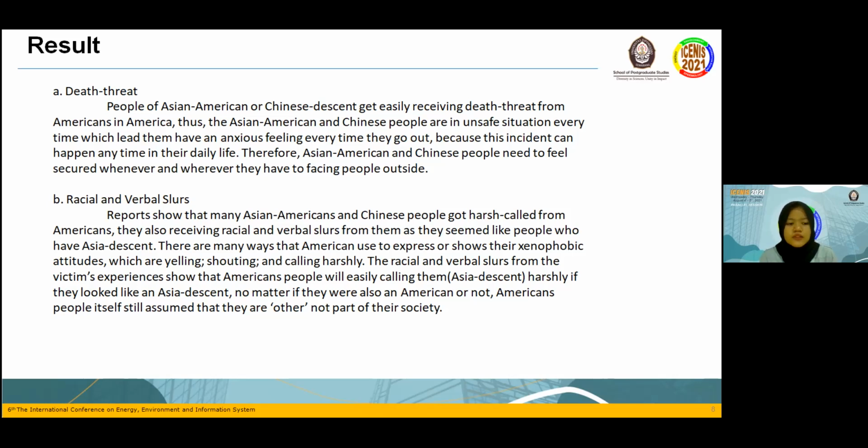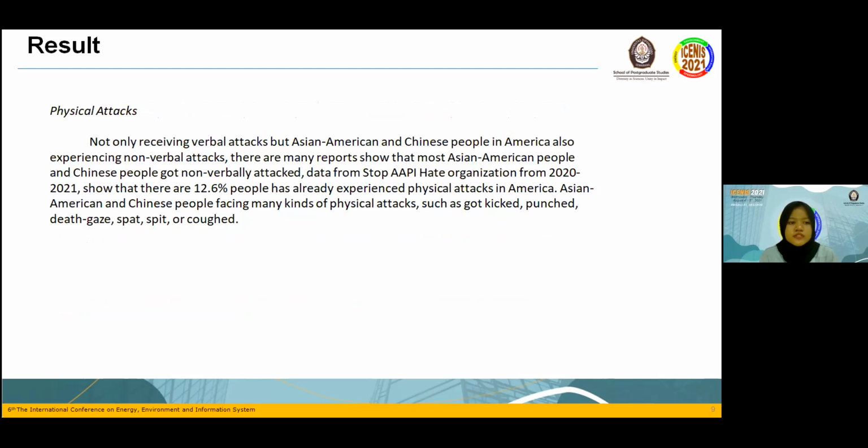Americans themselves still assume that they are other, or not part of their society. And then there are physical attacks. Not only receiving verbal attacks, but Asian American and Chinese people in America are also experiencing non-verbal attacks. Many reports show that most Asian American and Chinese people have been non-verbally attacked. Data from the Stop AAPI Hate organization from 2020 until 2021 show that 12.6% of people have already experienced physical